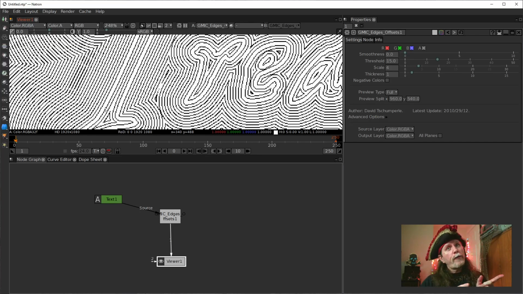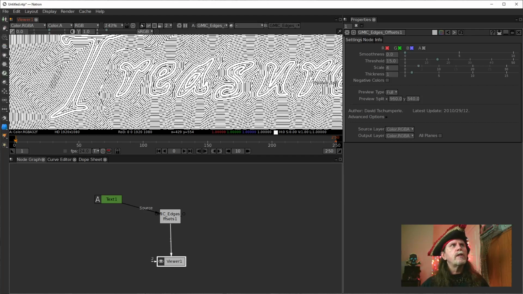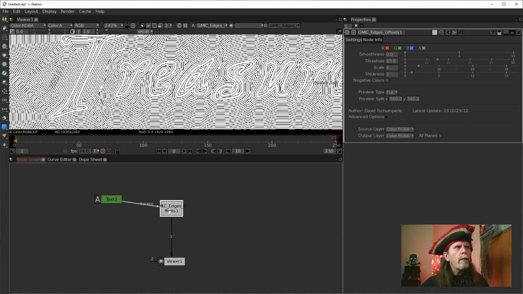That's both useful and not super useful at the same time. We could use this to generate outlines for things, and I did a demo on that, or I should say I made an example of using these for doing outlines in Natron, outlining objects, shapes and stuff, by just isolating this one thick line from the rest of the lines. And I might do a video on that in a future episode. But